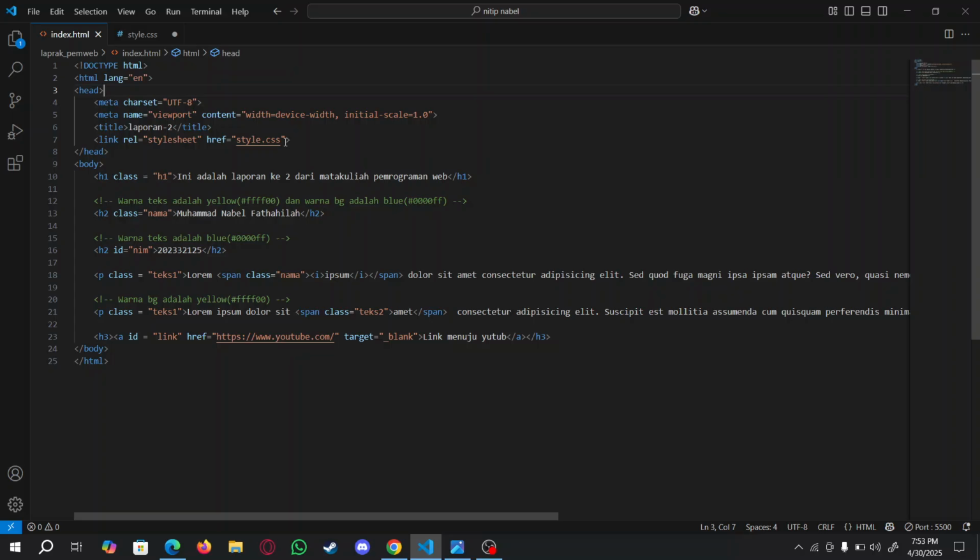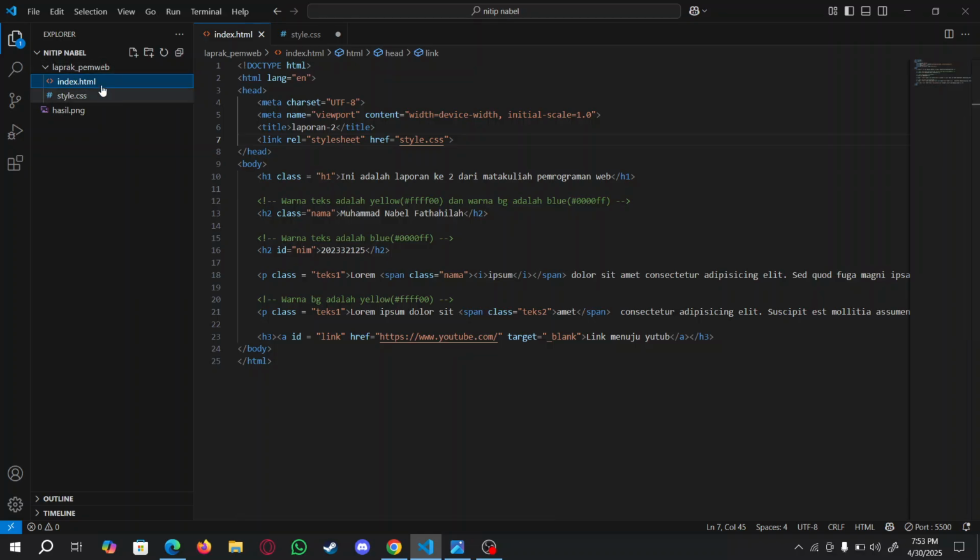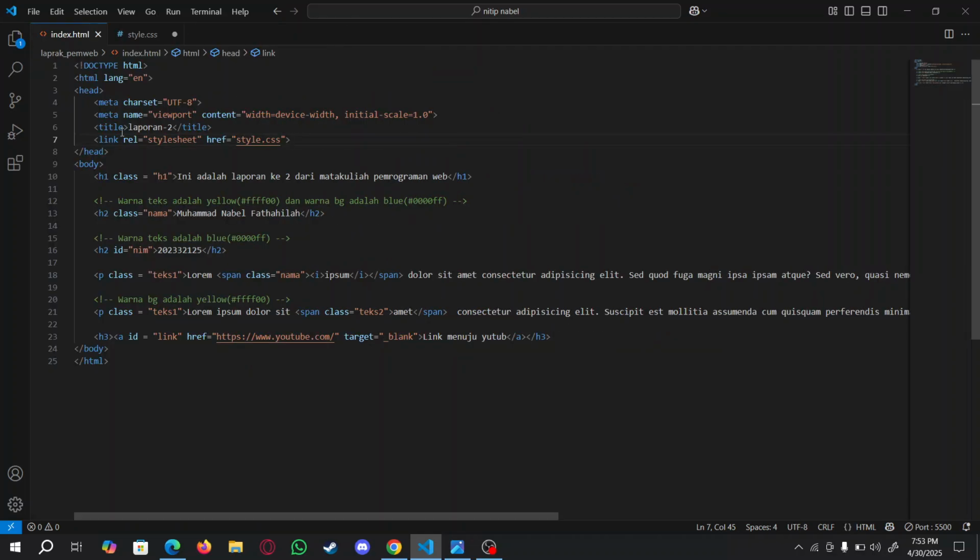I only added that to the head section because the style.css is in the same folder. By the way, it's called an external link for CSS.